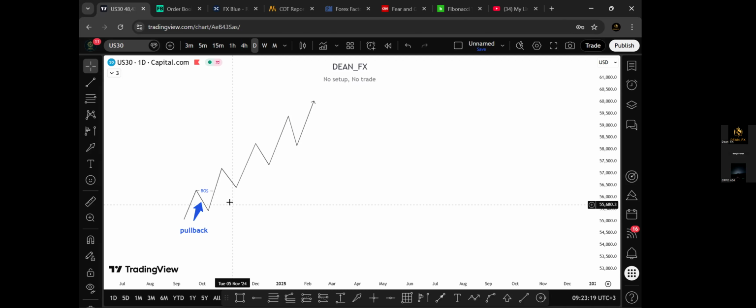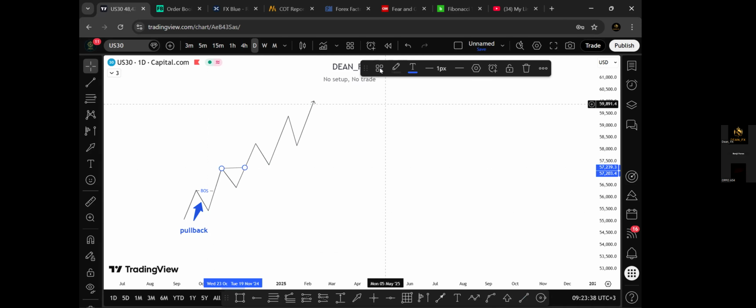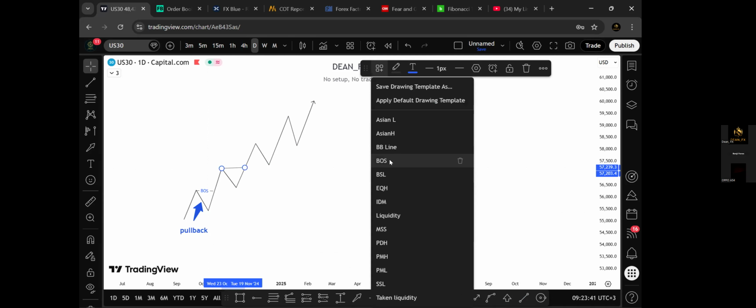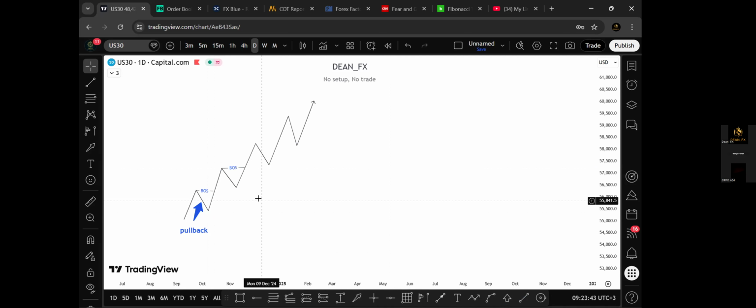So the pullback move, after the higher low, breaking the higher high, that's known as the break of structure. Usually it will be abbreviated as BOS, because of this higher low breaking the higher high, that's the break of structure. And in order for a break of structure to be valid,